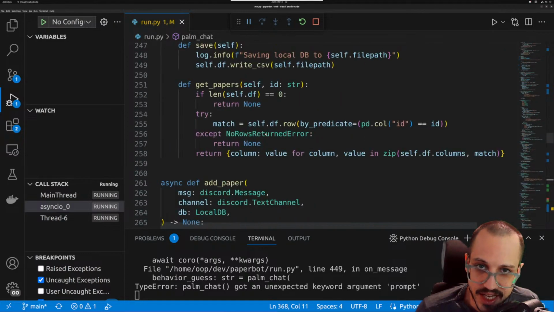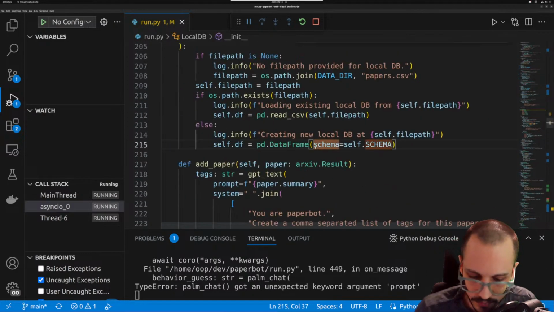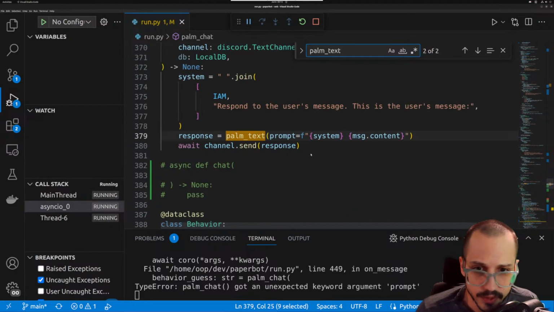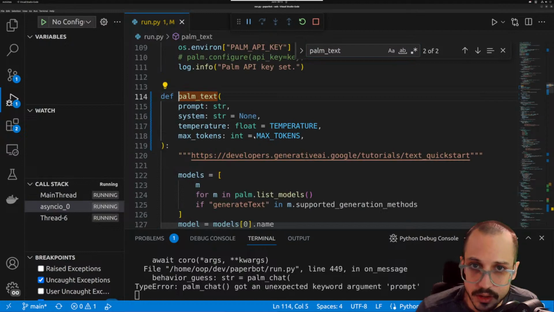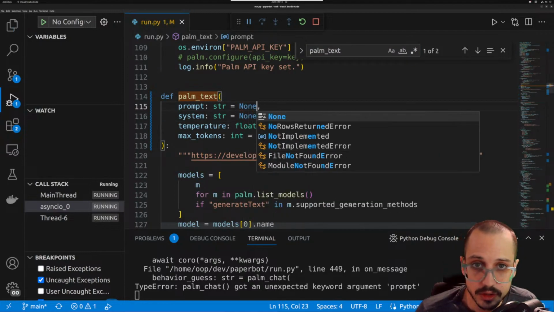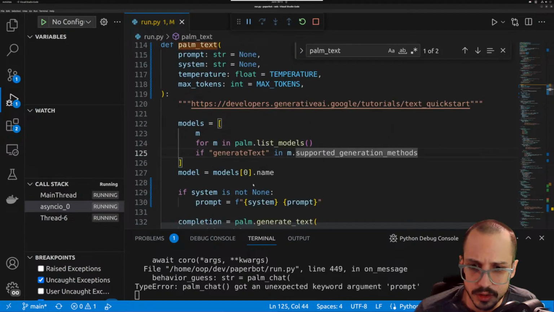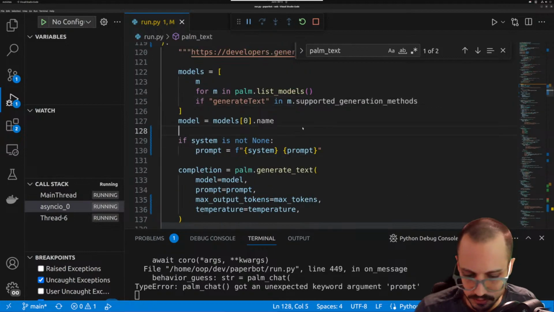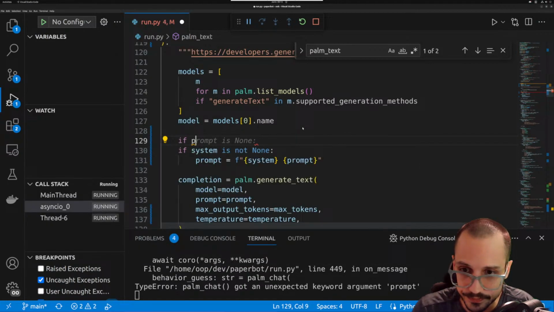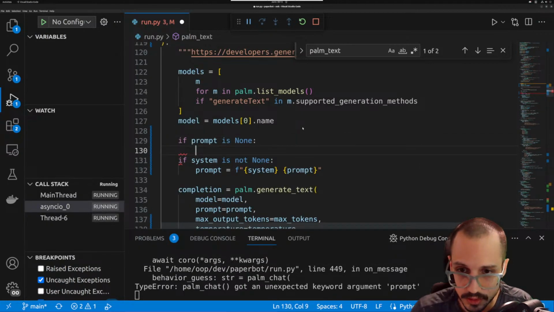But in Palm text, right here, this needs to be a kwarg, so let's do this. If system, or if prompt is none,